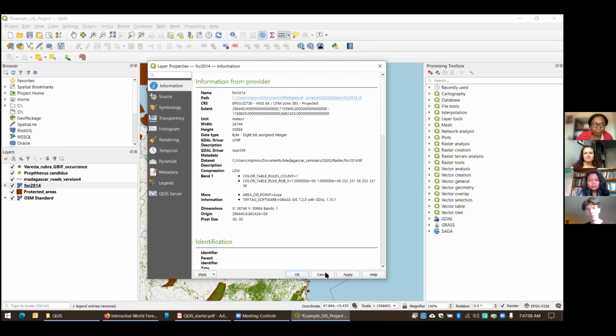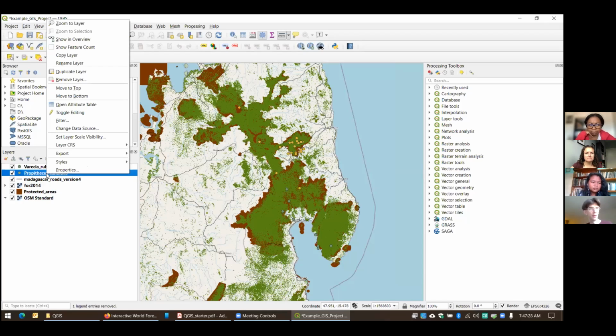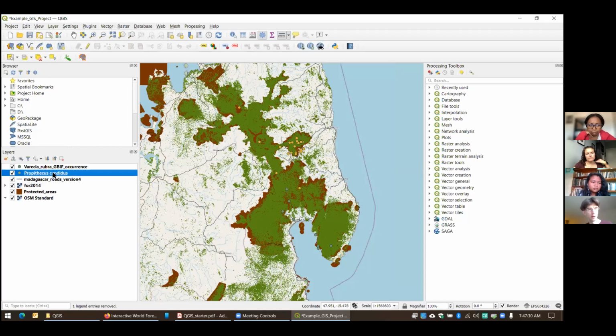Okay, so now what I'm going to do is, as someone asked about reprojecting data, and then someone also asked about minimum bounding geometry, we're going to combine those in a stepwise process. So let's look at our Silky Sifaka occurrence data.